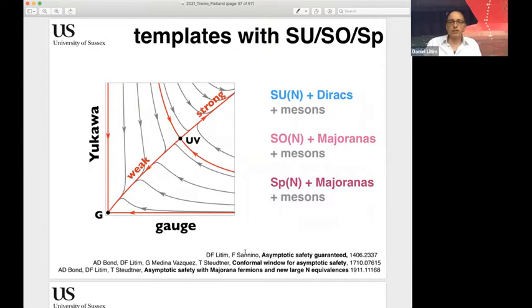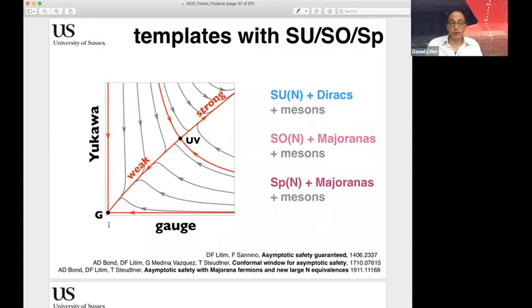So you can do it with SU(N) gauge theories and Dirac fermions. You can do it with SO(N) gauge theories and Majorana, or symplectic with Majorana fermions. Doesn't matter. All three avenues work absolutely safely. You need a certain type of scalar sector, which in this case will be elementary mesons. Okay, but whenever that happens, you have a quantum field theory which is not